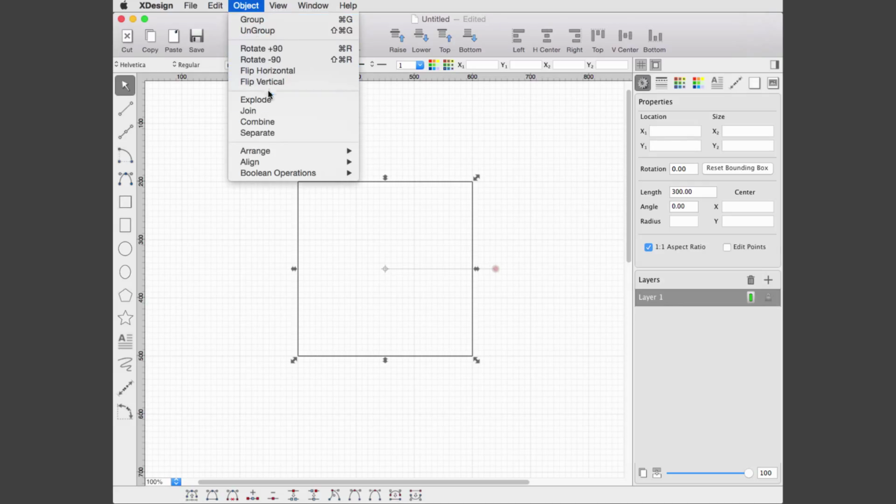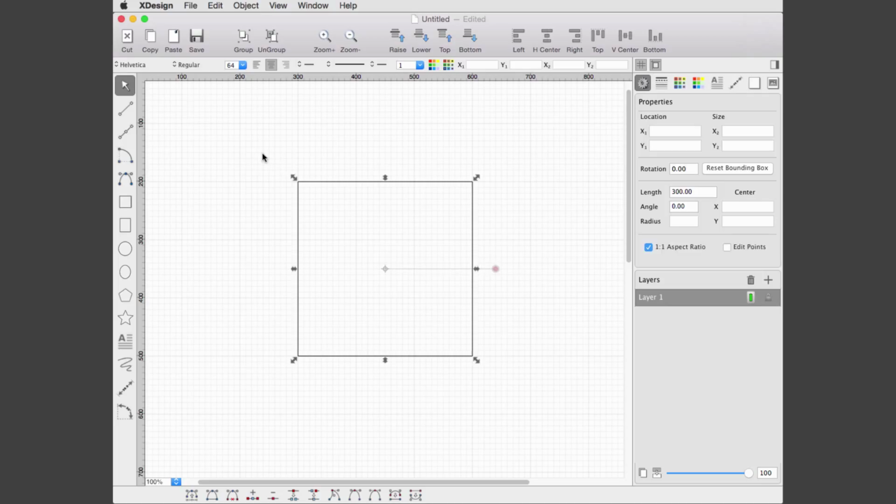They can be joined together at endpoints if the endpoints are close together.